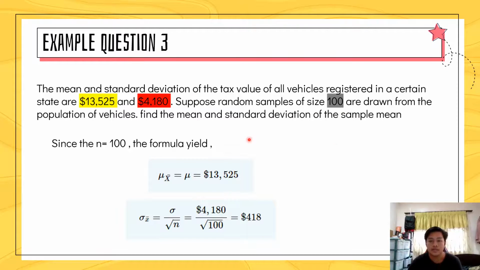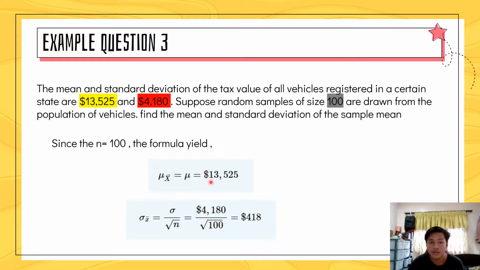So the question requires you to find the mean and the standard deviation. In this question, I also highlighted the details to implement in the formula. So the yellow color is the mean, the red color is the standard deviation, and the gray color is the n sample. Since n is 100, the formula yields that the mean of the